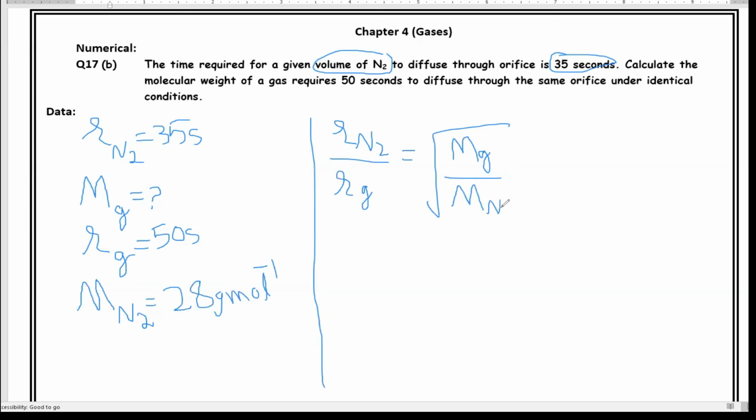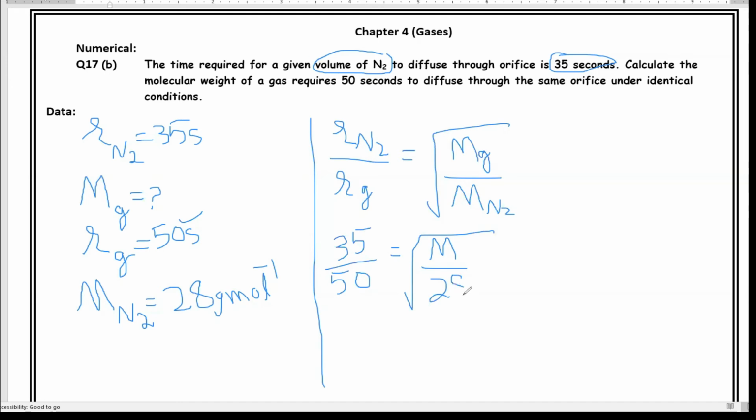Now putting the values, you are given rate of diffusion for N2 is 35 seconds. Rate of diffusion of unknown gas, that's equal to 50 seconds. You will put this here. We have to find the molar mass of unknown gas, question mark, and the molar mass of nitrogen is 28